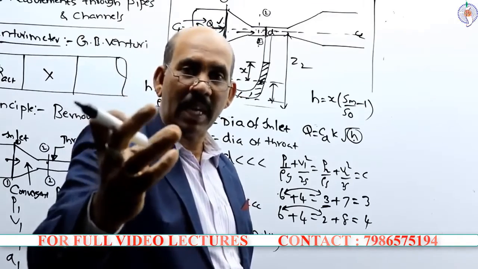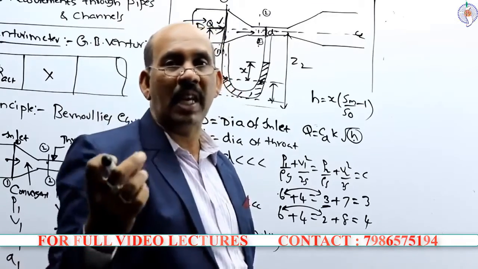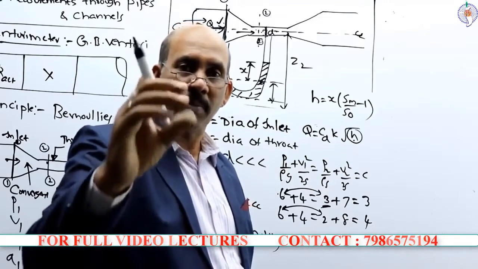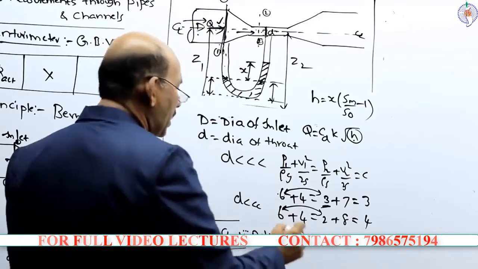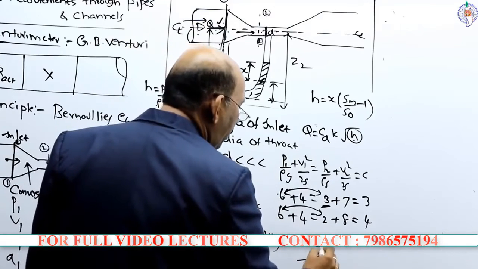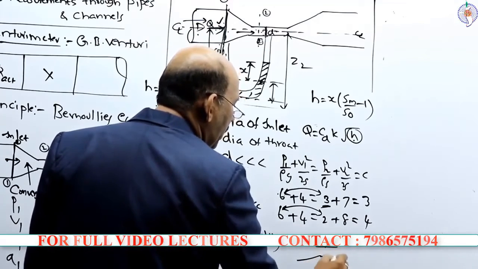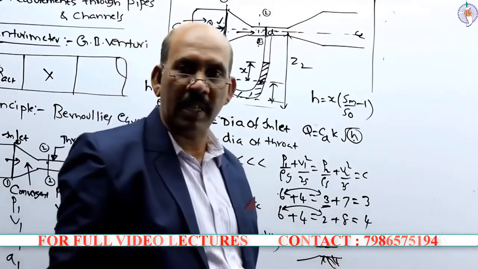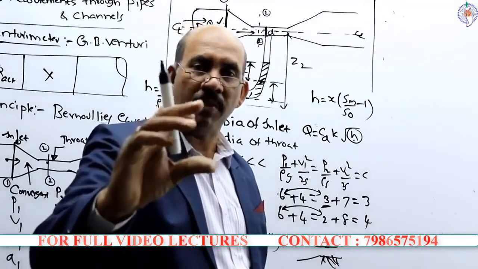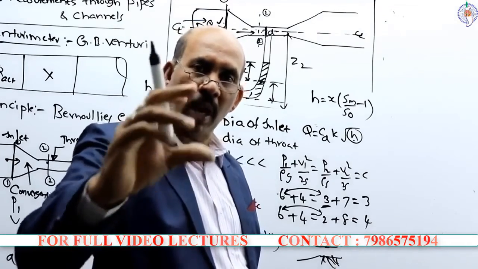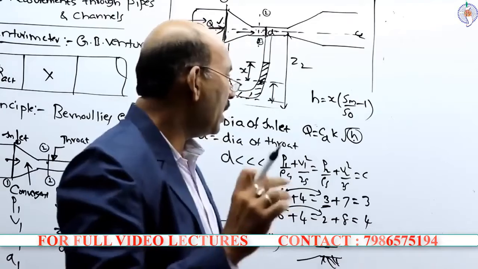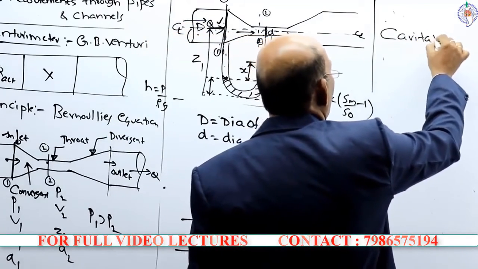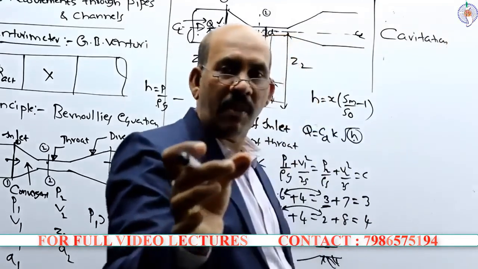This bursting pressure, if it is more than the maximum pressure of the pipe, naturally the pipe is subjected to cracks. That means the throat point material is subjected to cracks and failure of the venturimeter takes place. So this alternate formation and collapse of the vapor bubble is technically known as cavitation. So cavitation is a phenomenon